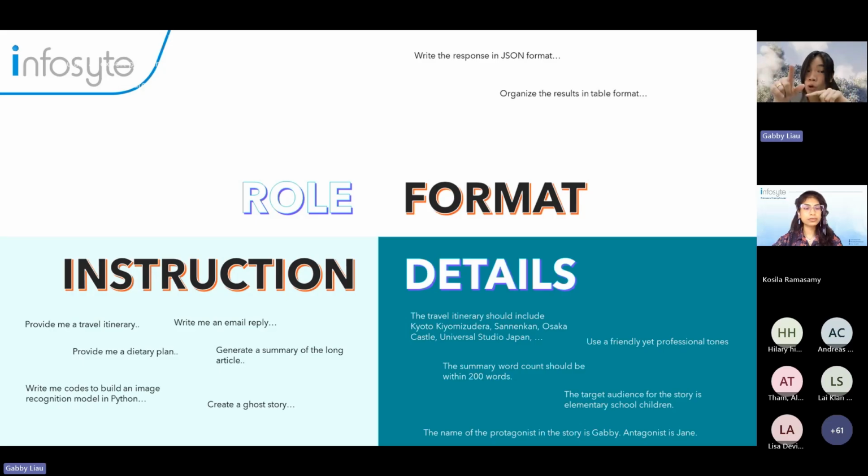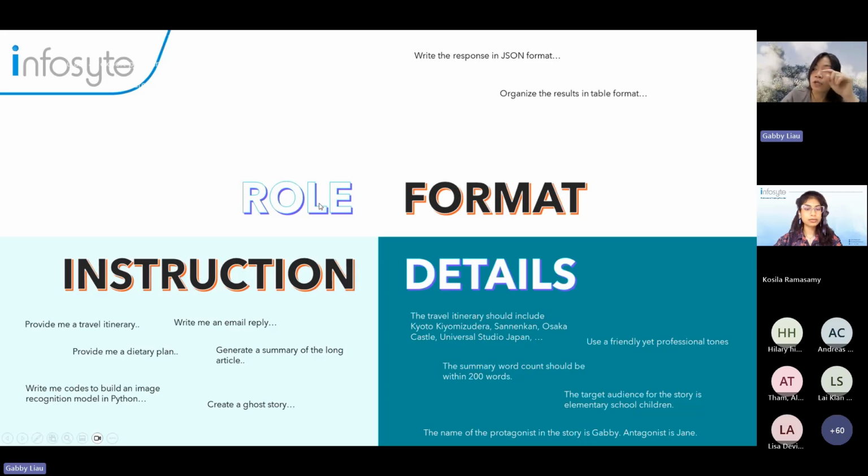So that's role. It depends on what you want ChatGPT to tell you. If you are from the finance department and you want some financial advice, you ask ChatGPT, "Hey ChatGPT, you are now an expert finance consultant who has been in the industry for 20 years, in Malaysia." So you mention the role. Again, why are we doing this? To narrow down the scope. After you mention the role, then format. But I think I'll mention the format at the very end.